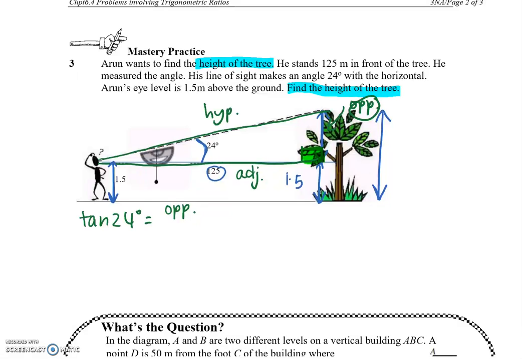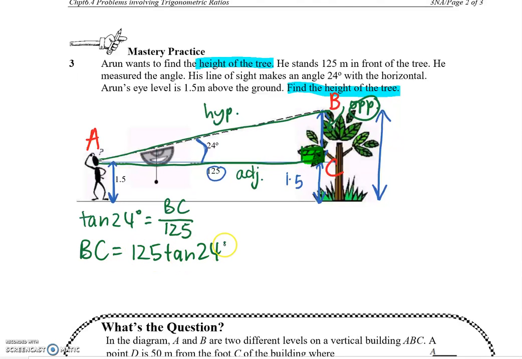I don't want to label it opposite, so let's call this point A, this point B, and this point C. So I have tangent 24 degrees equals BC over 125. Making BC the subject, BC equals 125 tangent 24 degrees, and that will give me